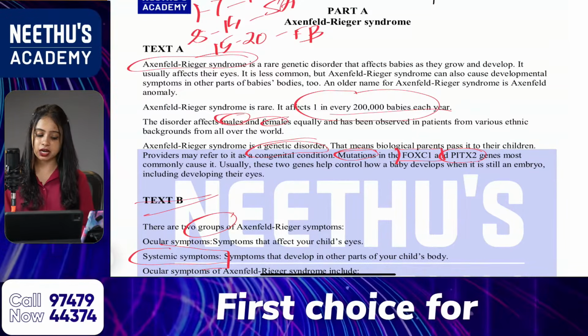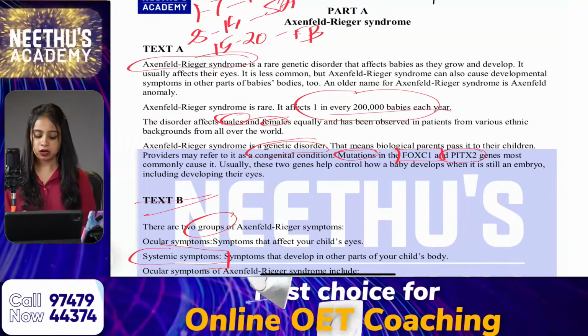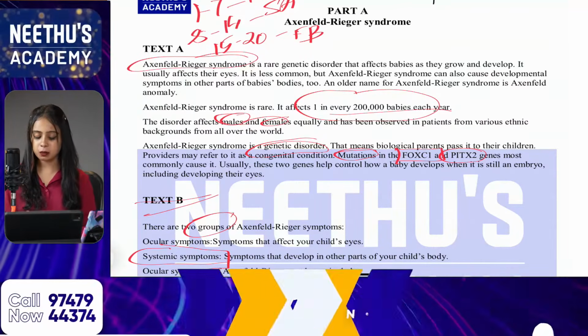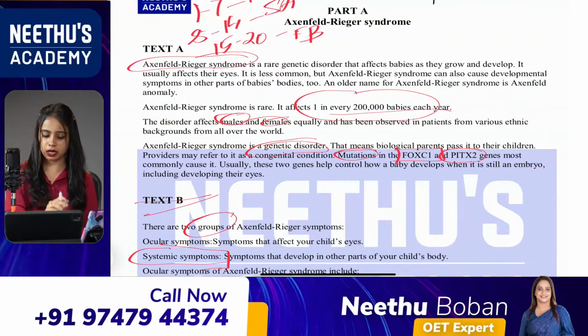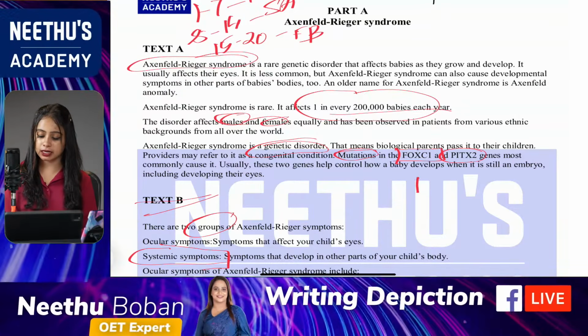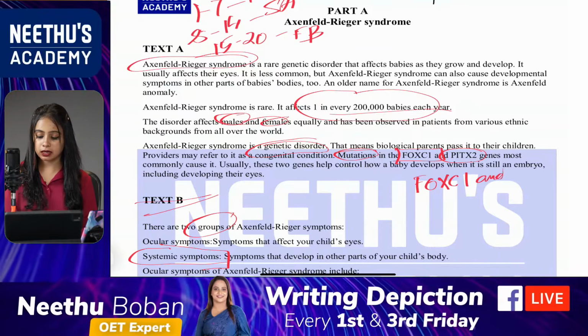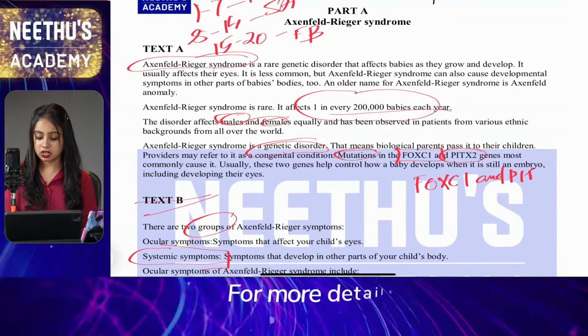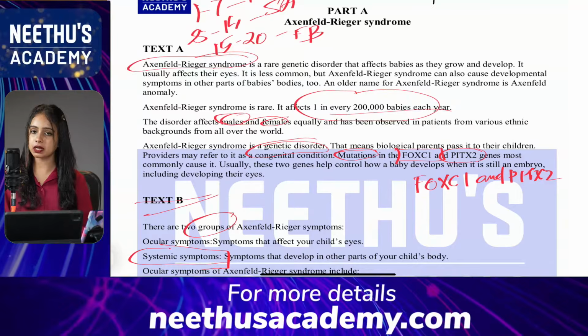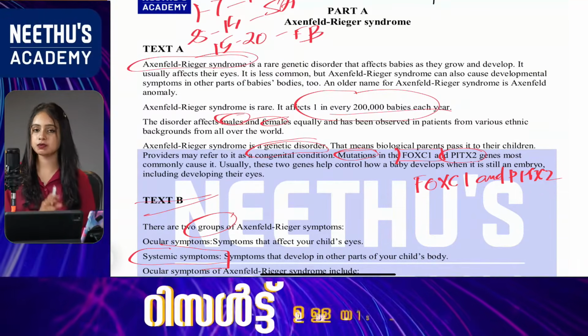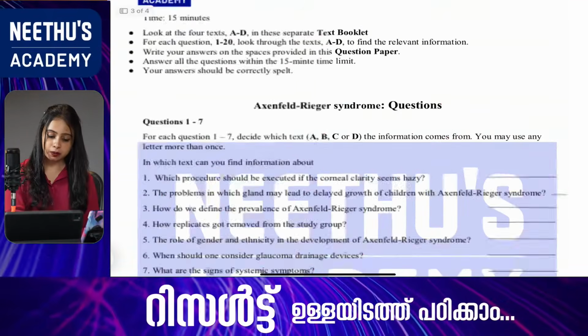Okay, so very good, Shiny. Yes, the answer is FOXC1 and PITX2. Okay, so that should be the correct answer. So you can write FOXC1 and PITX2. This should be the correct answer. Clear? So that is from text A. Okay, so the next one,